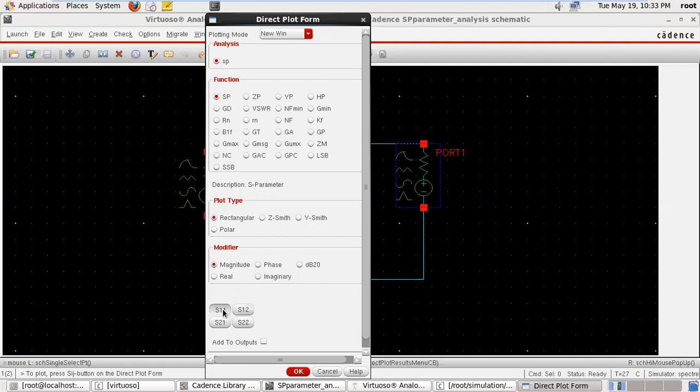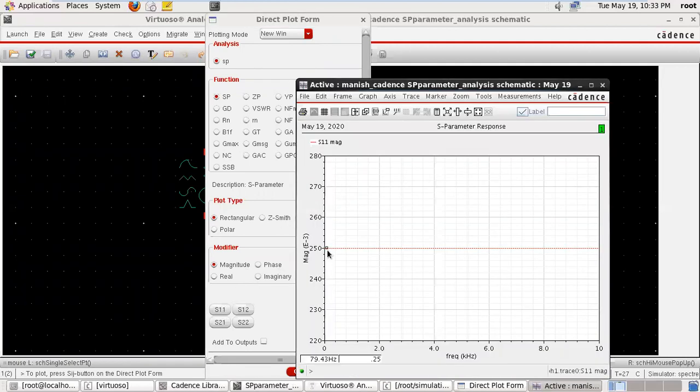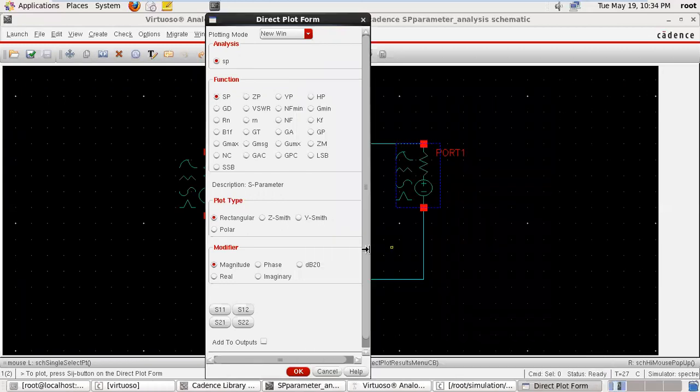First we are seeing S11. We are not taking the magnitude first, but the real value.